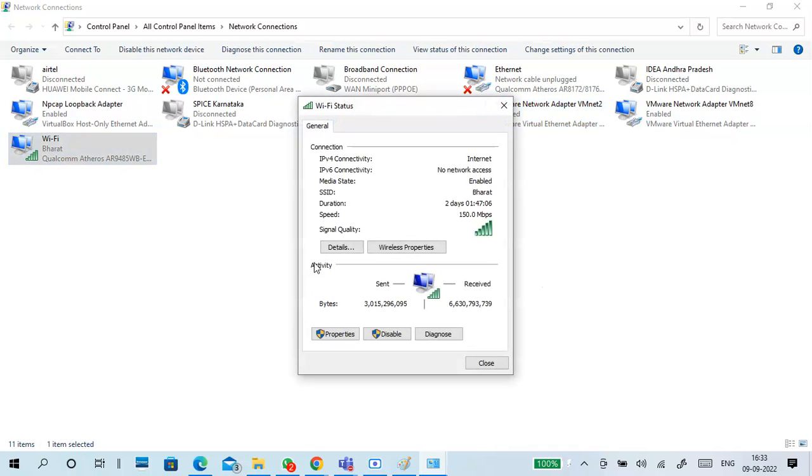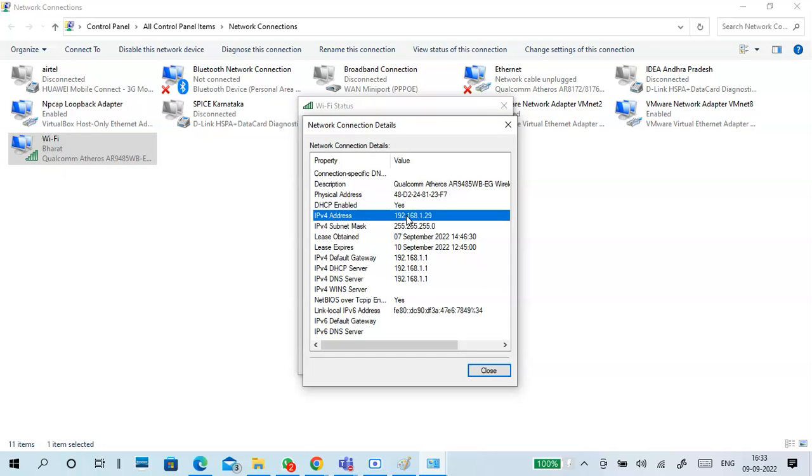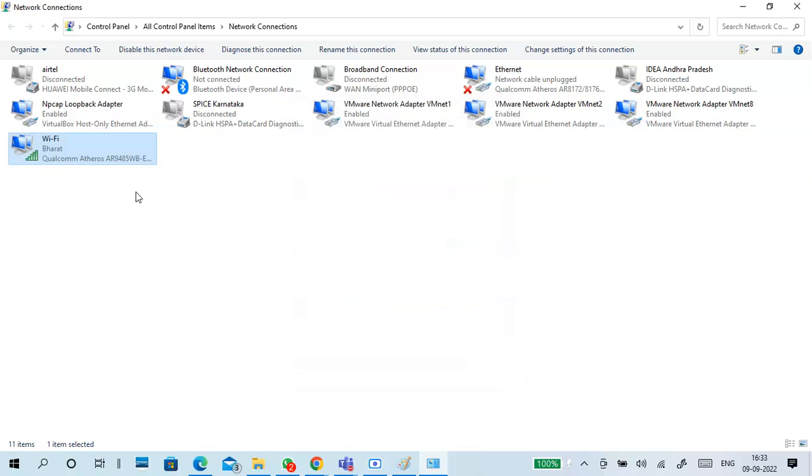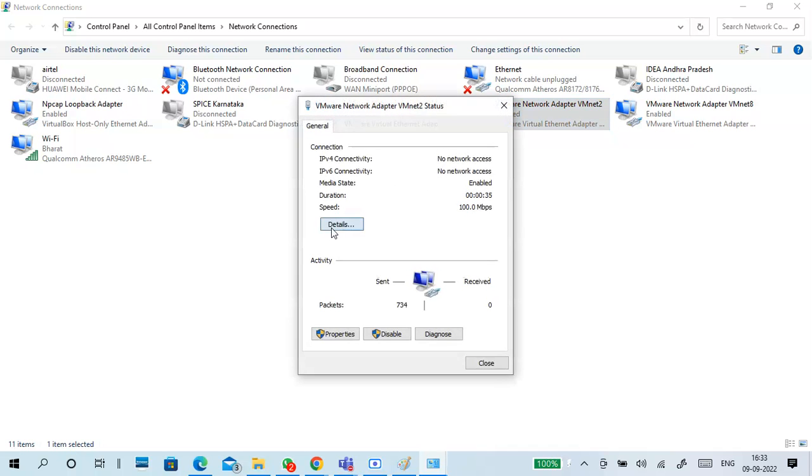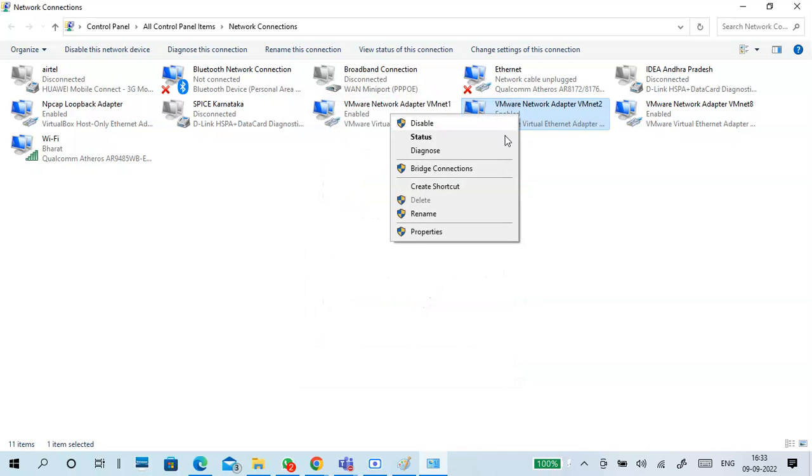Here I got the IP address, but you don't. Here it is, I am getting an IP address because it is connected to the router. It is not connected to any DHCP services, so I don't get it. But simply I'm telling you, first check your DHCP server, make sure it is working and connectivity is good. If you are still getting an APIPA address like this, then disable and enable.